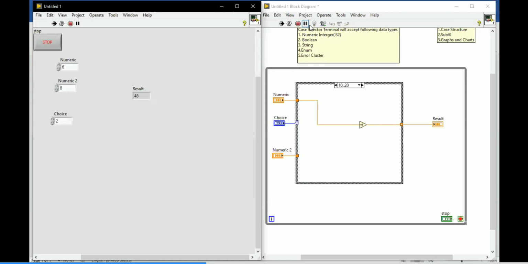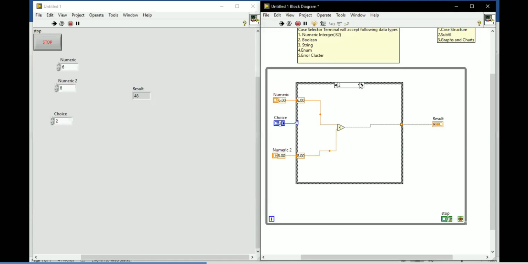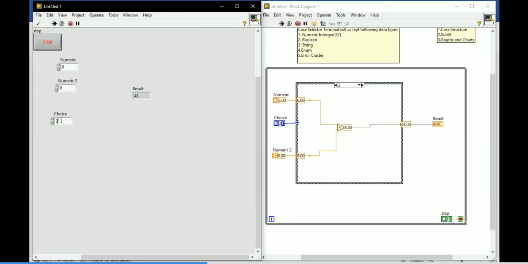First, let me go with the highlight execution. See, in your case structure you have a 21 dot available. 21 dot means greater than or equal to 21. Now I am going to give the value 25 here. Again I'm asking the same question: which case will it execute? Will it still execute the default case, or some other case?